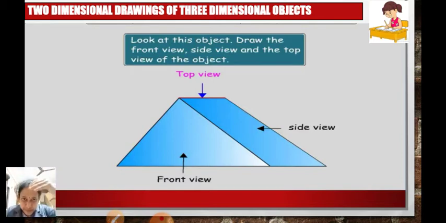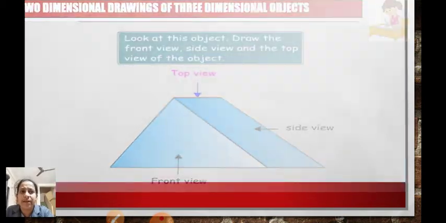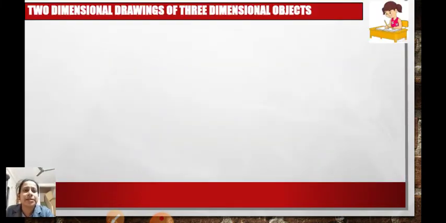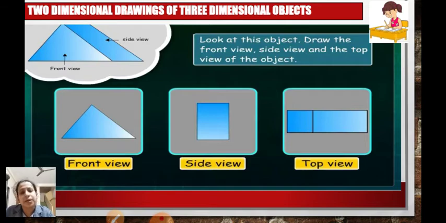Whereas from the top view, if you see, there will be 2 rectangles. One will be the smaller one and the one which is of the more lengthy slope will give you a larger rectangle. So here you can see all the 3 views. Front view will be a triangle, okay? Side view will be a square or a rectangle and the top view will be, one a shorter rectangle, other a longer rectangle. So this is another condition.